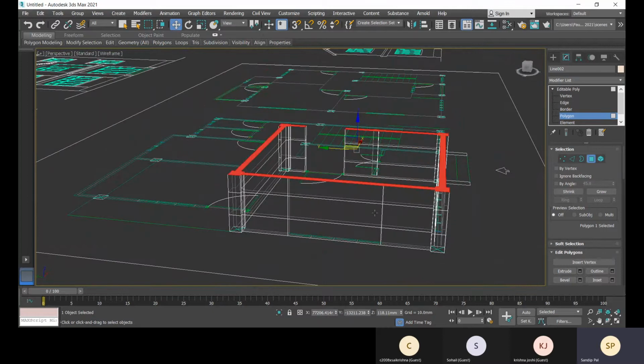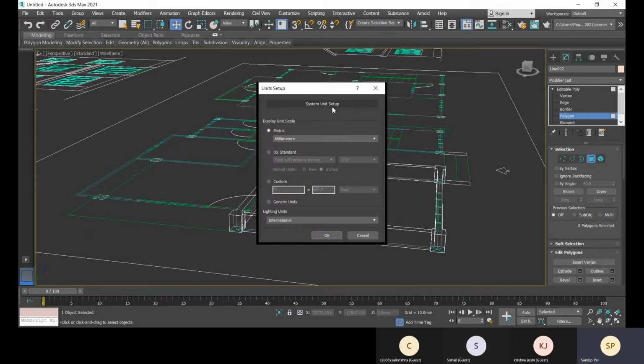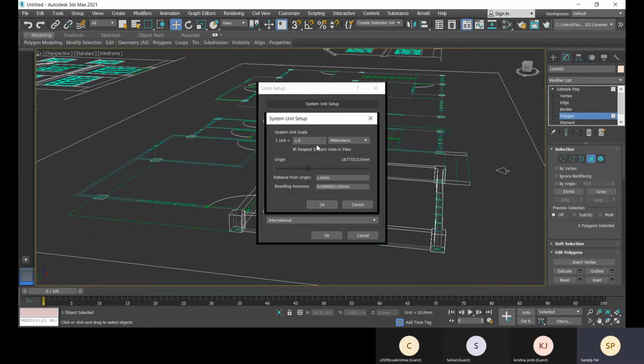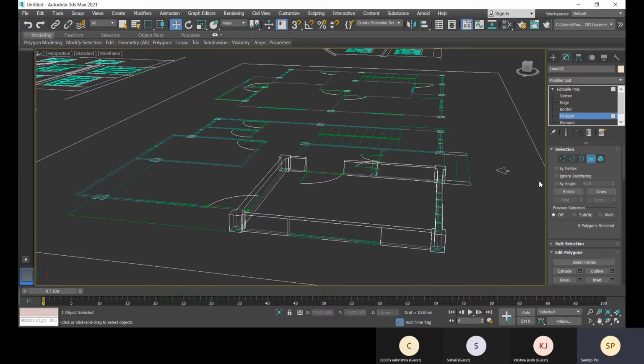Okay, so let me undo this. Go to customize, go to unit setup, system unit 1 millimeter. That is okay, 1 millimeter is set up.